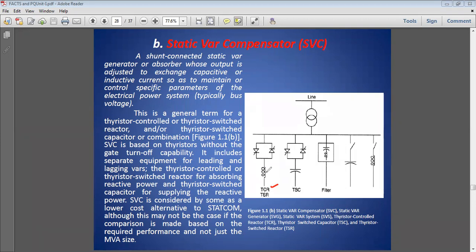What it means is, when the reactor is connected with SCRs or some thyristor control units,